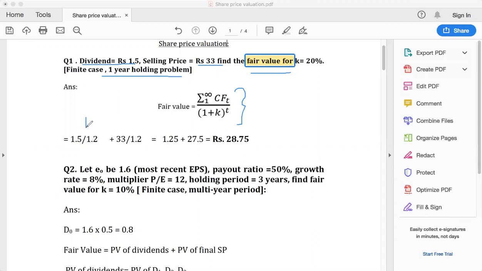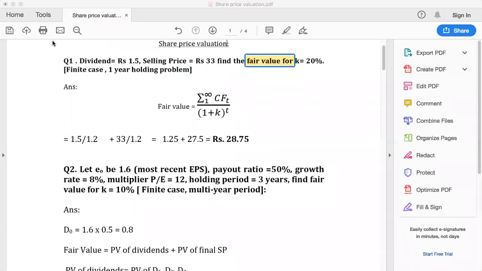One is a dividend 1.5. You discount it by the 20% rate of interest, which is given over here, and the selling price, which is your capital gain, which is also supposed to be discounted by a 20% discount rate. And summing it up, your share today is worth 28.75. Pretty simple. So this is how, with a given dividend and a given horizon of selling price, you can find out the fair